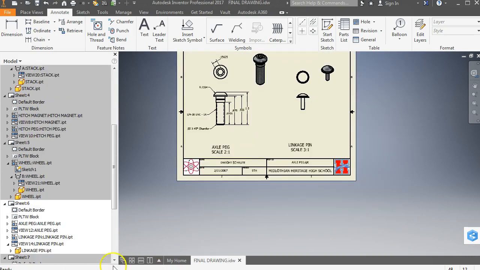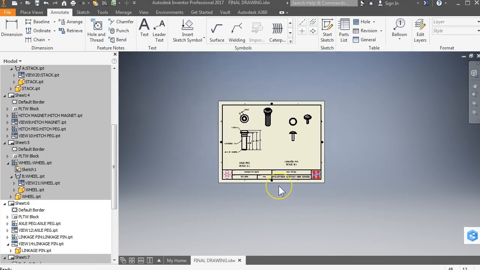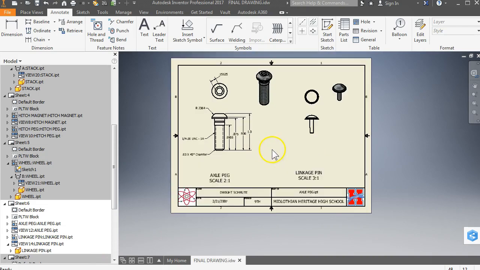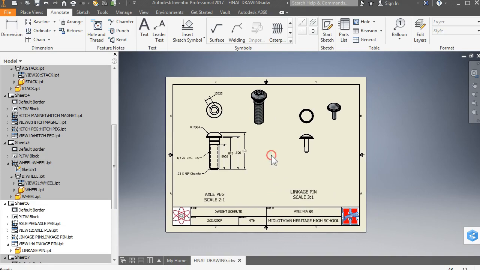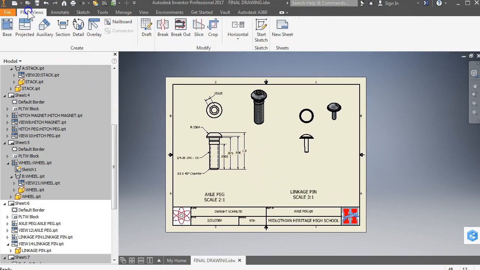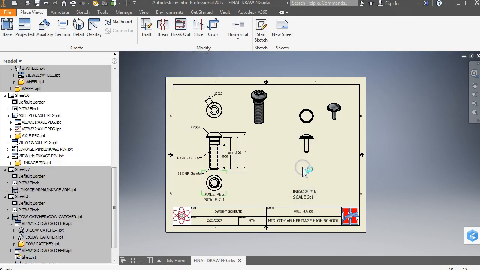After further consideration, on page 6 of the 2 pegs here, and you may have to do this to the other pegs, let's go ahead and add a bottom view. So we're going to do place views. We're going to do projected from the bottom, and that's going to let us get the diameters from the bottom and the radiuses from the bottom. And let's do the same thing for this little guy too. Projected from this to the bottom,